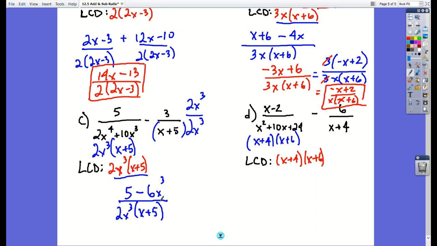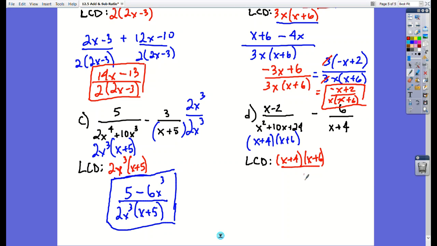That can't be factored, which means we're actually done. This is it. So what appeared to be a fairly complicated problem actually was, in terms of number of steps, did not involve very much work. All right, and then finally,